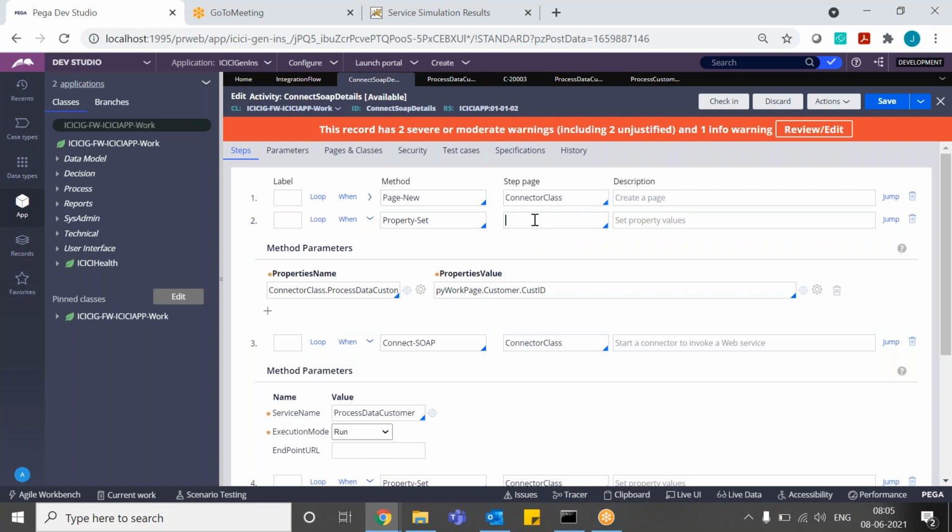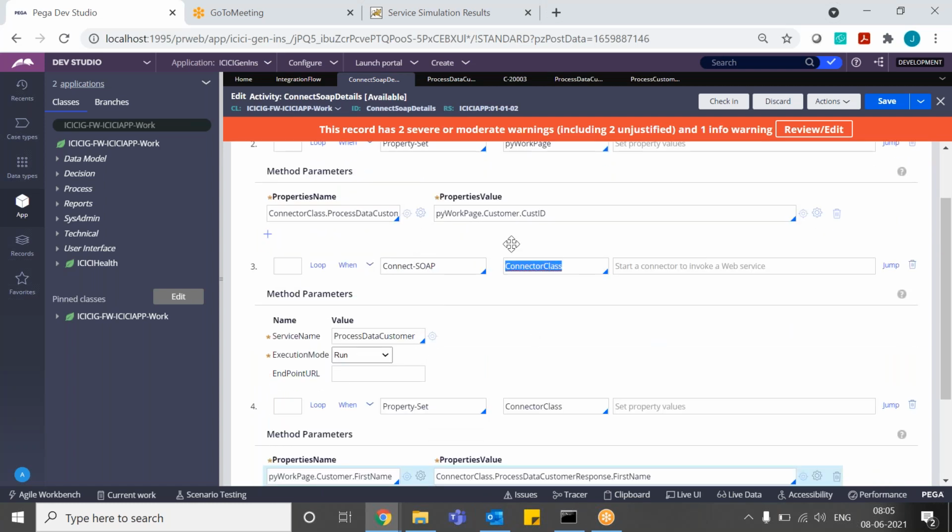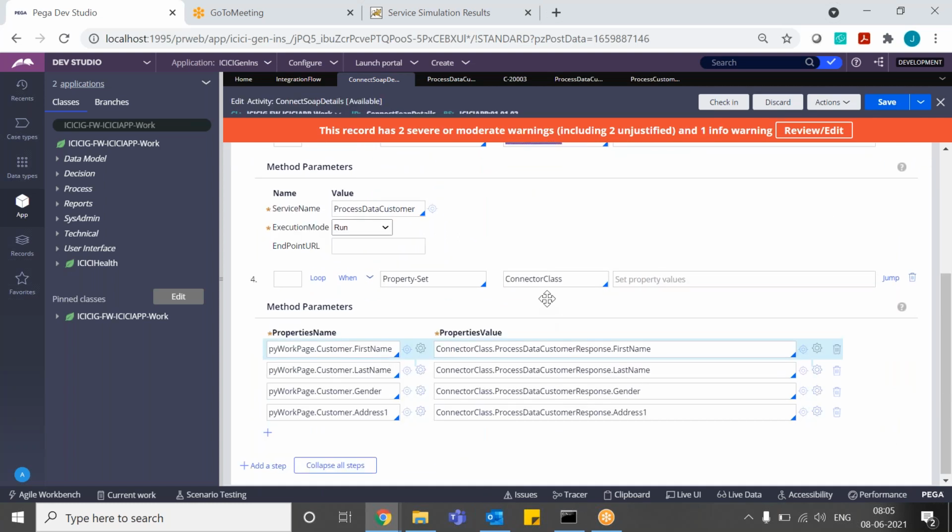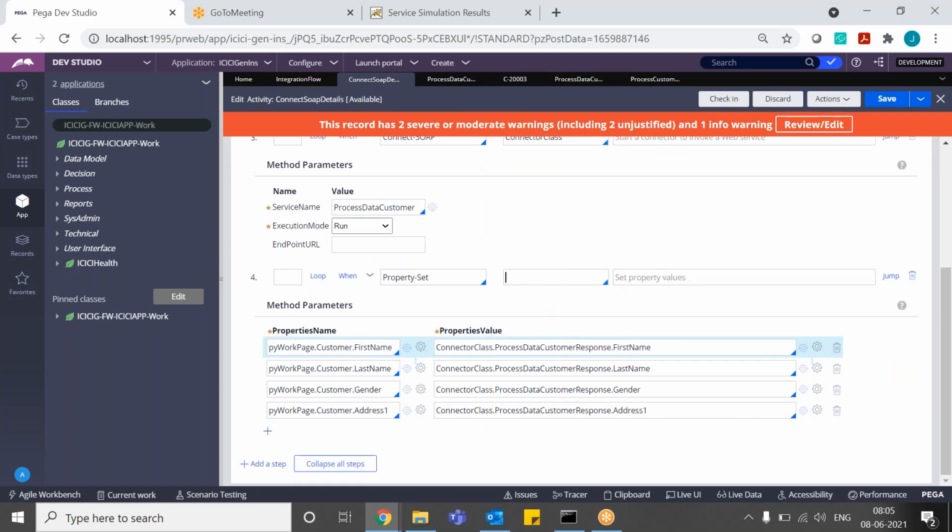Keep PY work page over there. Okay, so now removing this down. This connect soap also, not where you are doing the property set. Here, not here.